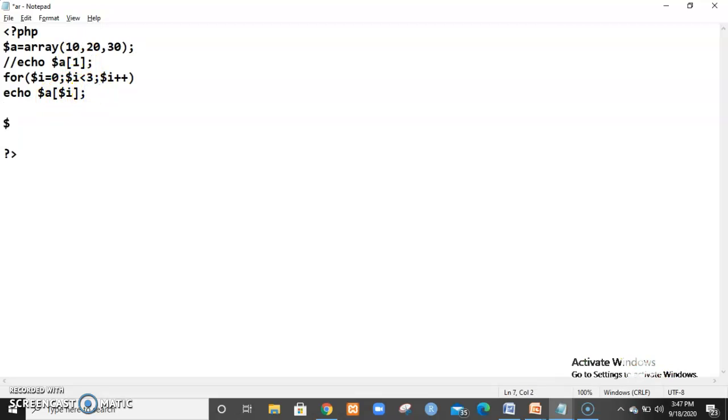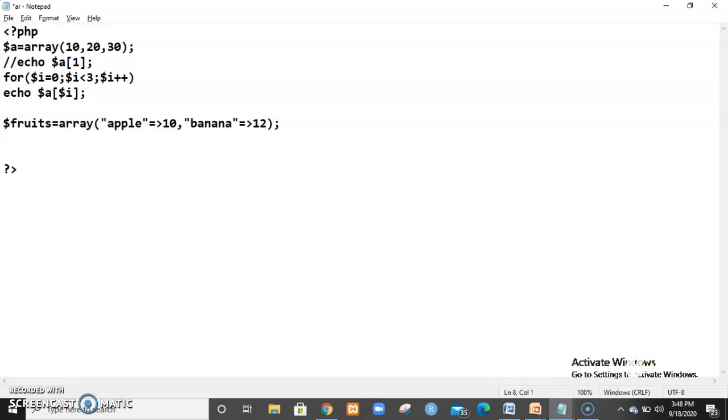So $fruits, fruits I will take. Here I'll create an array with key value pairs, which we call associative arrays. So here I'll use apple, 10 apples, banana, 12. Okay, so let me take 2.